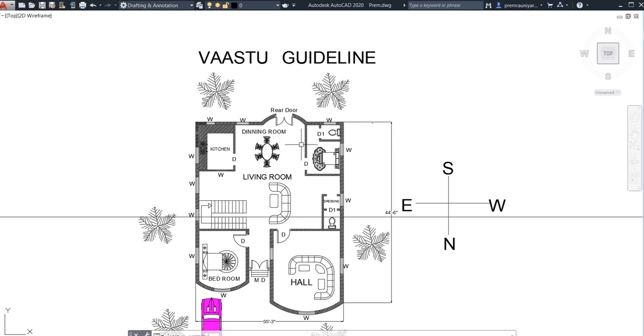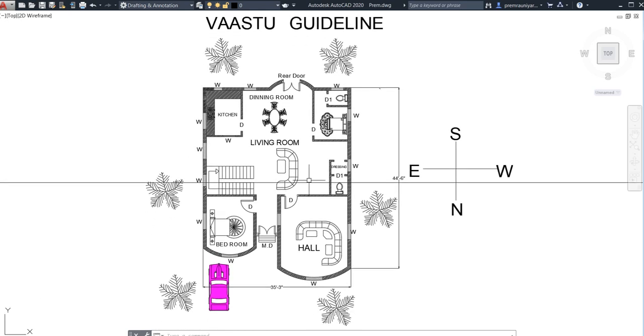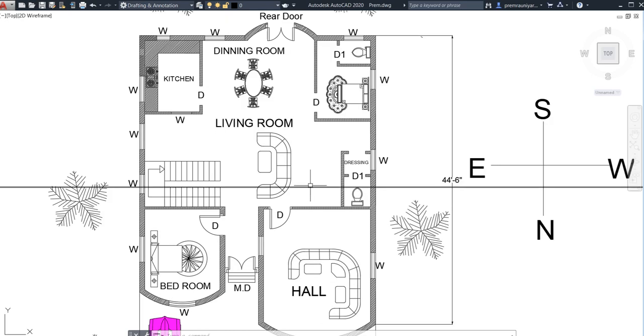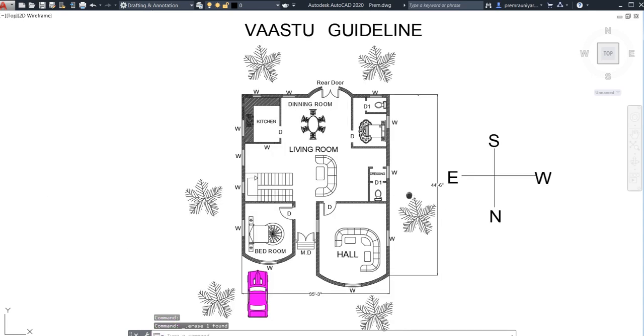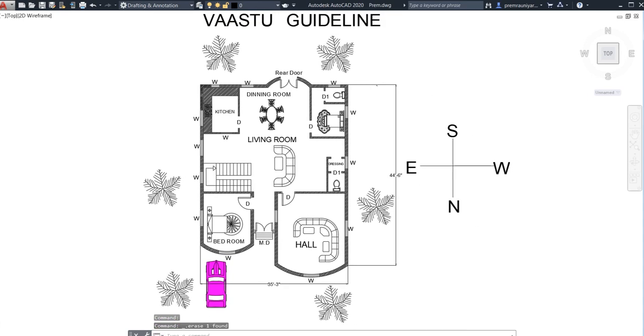And one more thing I need to tell you: if you want to know more about Vastu Shastra, you need to go to the purohits or priests in your locality. They have a lot of ideas. Or else you can go to your old-age people or your forefathers. If you have a grandfather or grandmother, you can ask them.